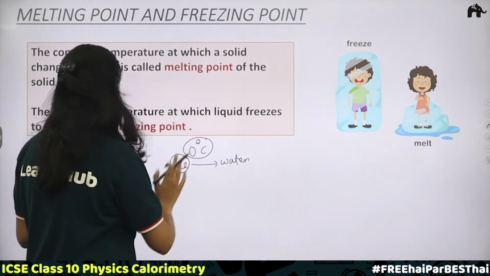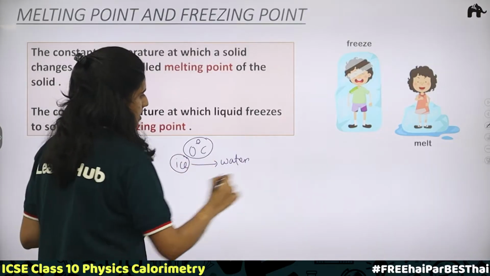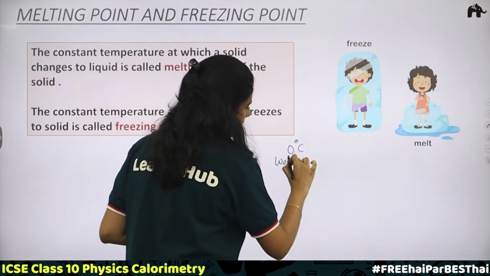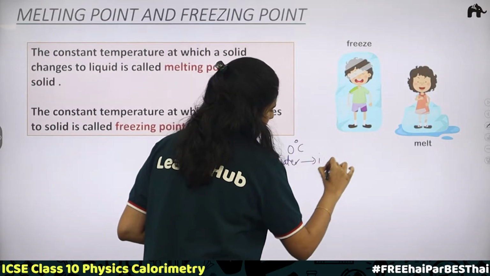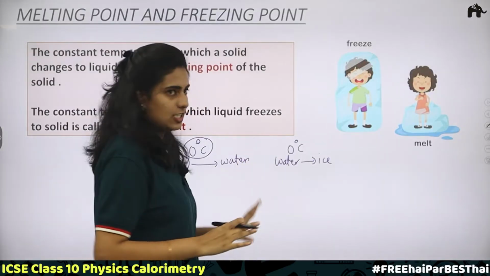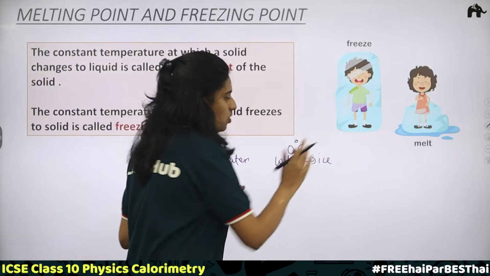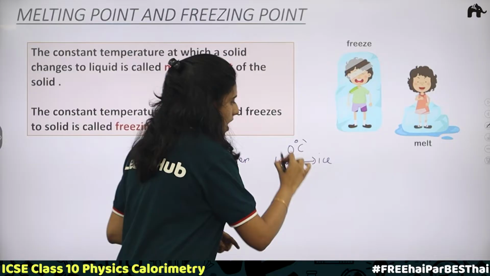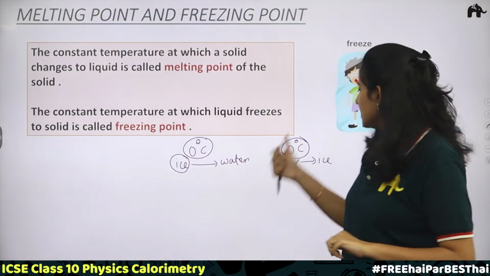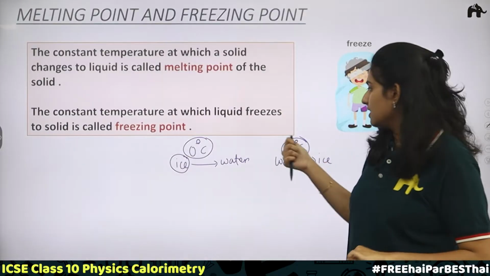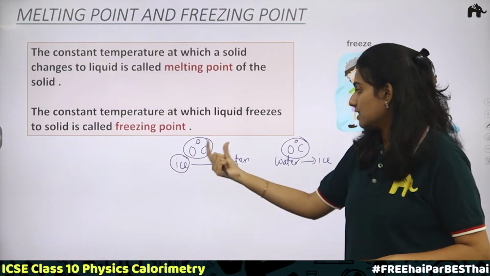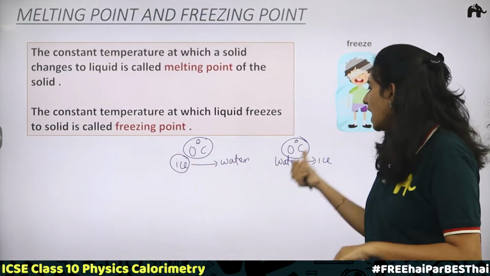Okay, then what is freezing point? For the reverse process, as we have said, at 0 degrees Celsius, you can convert water to ice. Okay, when you keep the water in the fridge, when it reaches 0 degrees Celsius, all the water gets converted to ice. The temperature will remain the same. So, ice gets converted to water at 0 degrees Celsius. Water gets converted to ice at 0 degrees Celsius. This temperature, ice conversion to water at 0 degrees Celsius, is the melting point, and this temperature is